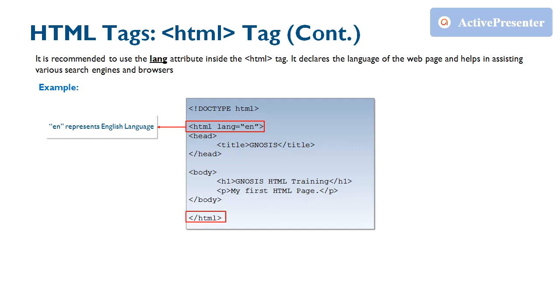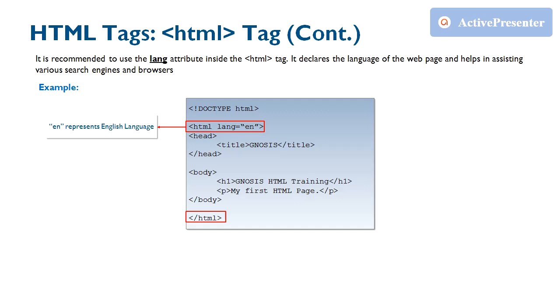So here we have an example code. Now if you look at this code here, we have <html lang="en">. So it is recommended to use the lang attribute inside the <html> tag. It declares the language of your web page and helps in assisting various search engines and browsers. For example, if there's a search engine which is looking for GNOSIS somewhere on the internet, and it is putting GNOSIS in the English language, basically it will look for all the HTML documents which have specified <html lang="en">. It will search for all such HTML documents, and inside them it will search for the keyword